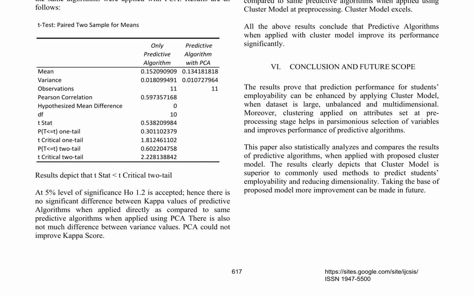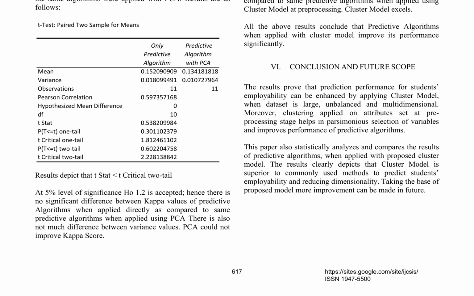The comparison between the cluster model and PCA highlights the limitations of PCA in enhancing predictive performance, suggesting that the latter may not be an optimal preprocessing technique for this specific application. In conclusion, the synergy between predictive algorithms and the cluster model offers a promising approach for improving the accuracy of